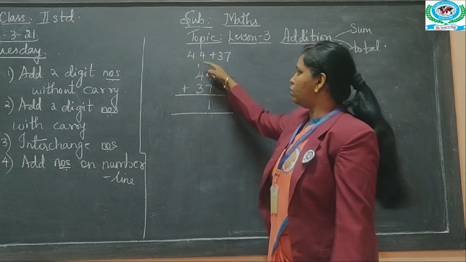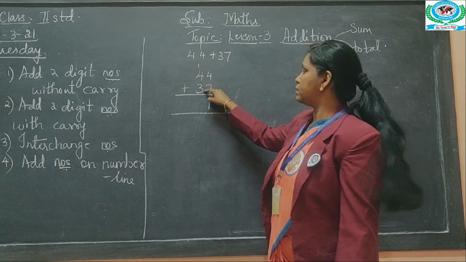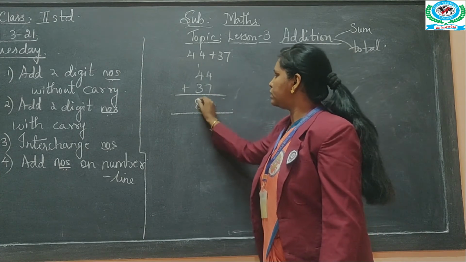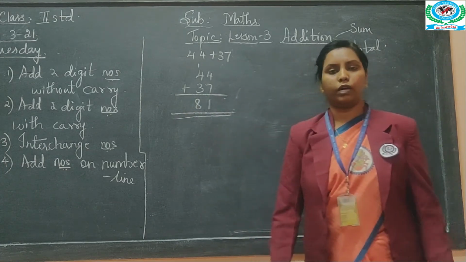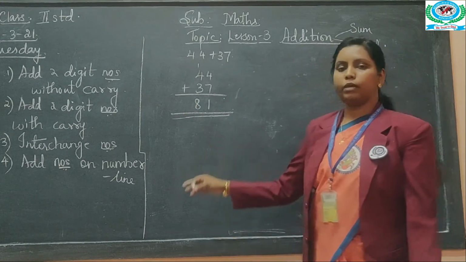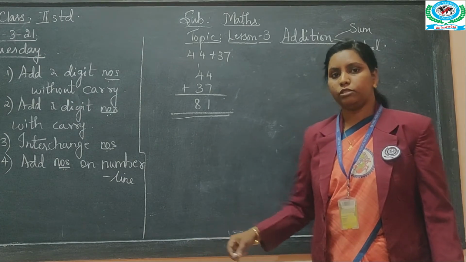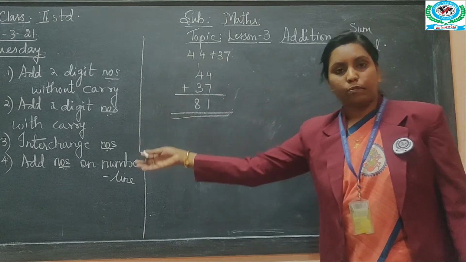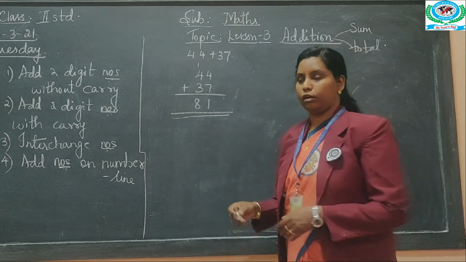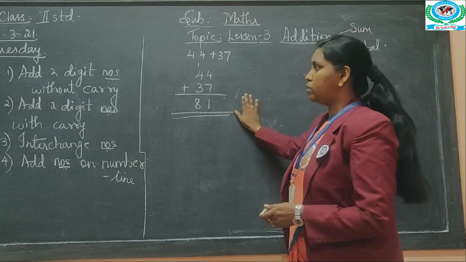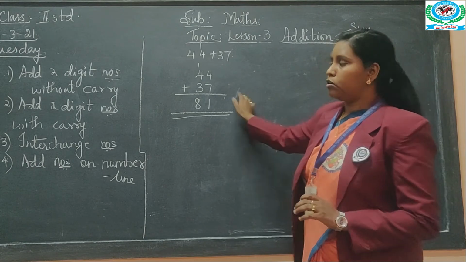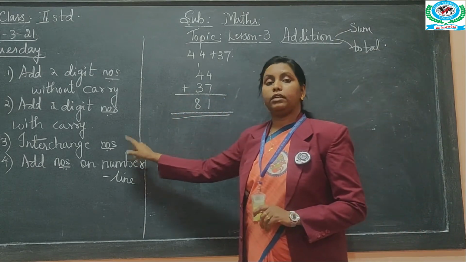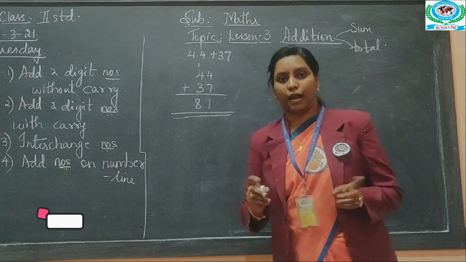Then you will add all these three numbers. 4 plus 3 is 7, 7 plus 1 is 8. So this is a very easy method to add. Isn't it, children? Carrying one number to another place value, to the forward. Now this was the second subunit. Coming to the third subunit, that is interchanging numbers while adding.